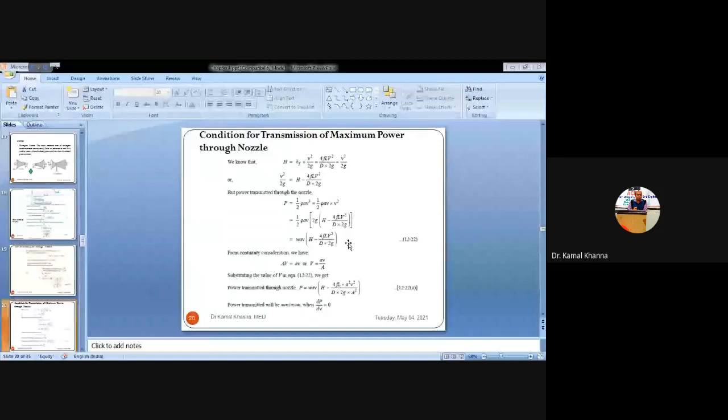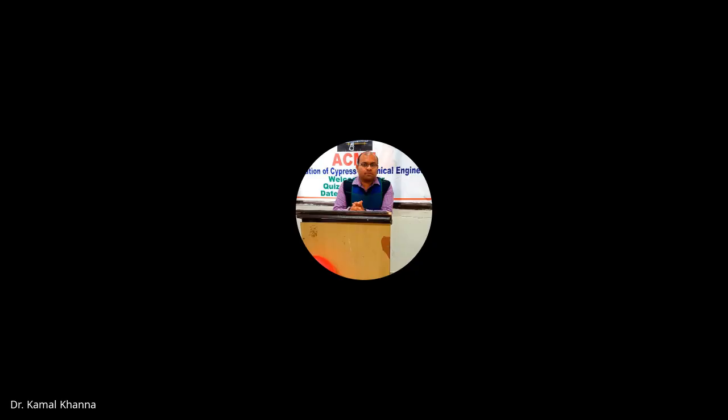From the continuity equation of flow, we all know that the rate of flow is always equal at entry and exit when we are assuming that there are no minor losses. So this is capital A into capital V is equal to small a into small v, or from capital V we have small a into small v by capital A. So we can put the value of capital V here in terms of small v divided by capital A. So we are substituting the value of capital V in the previous equation.